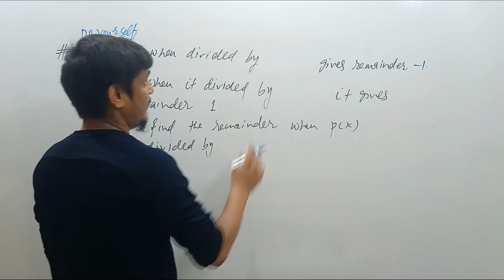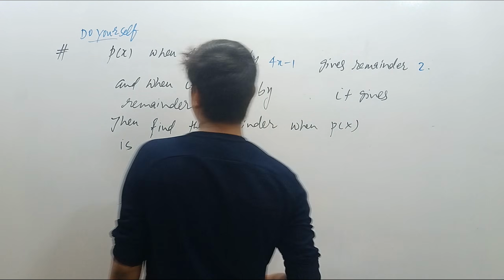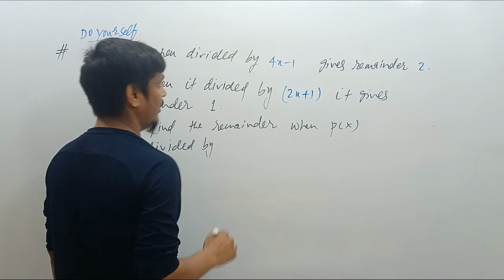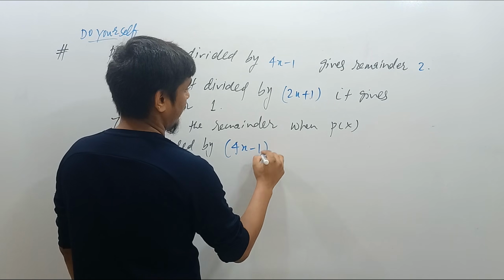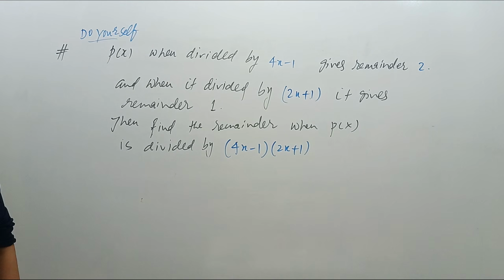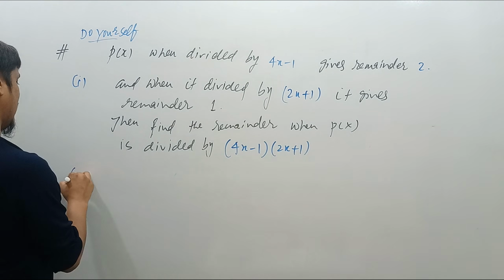When p(x) is divided by 4x minus 1, it gives remainder 2, and when it is divided by 2x plus 1, it gives remainder 1. Then find the remainder when p(x) is divided by (4x minus 1) times (2x plus 1). This is the first example, and the second problem is